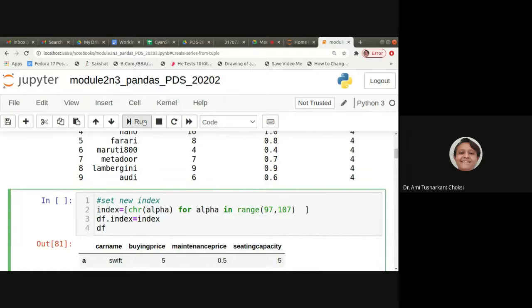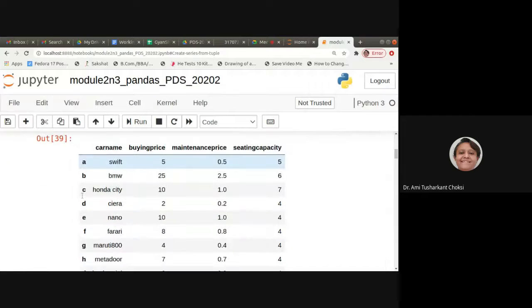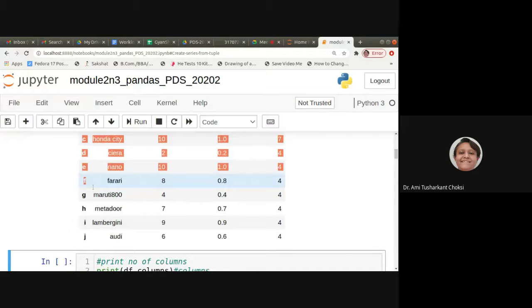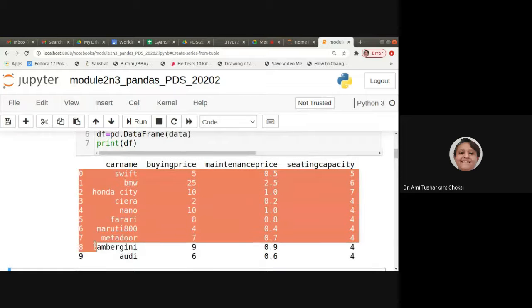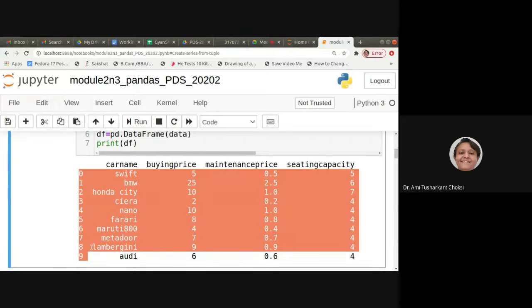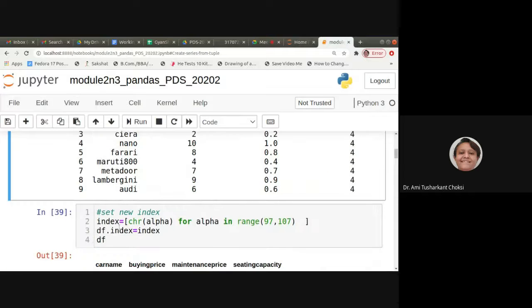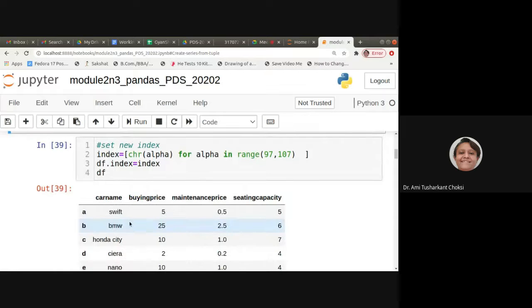Fine, let me run this. Now you can see the index is A, B, C, D, E, and not the default one that was 0, 1, 2, 3, 4, 5, 6, 7, 8, 9. So we have created the index for whatever data we were having. So we can set them, isn't it?